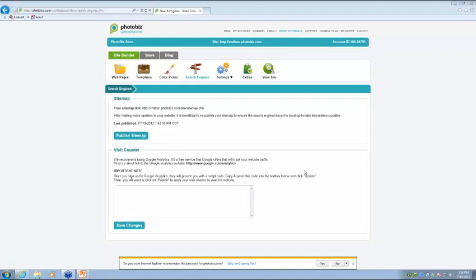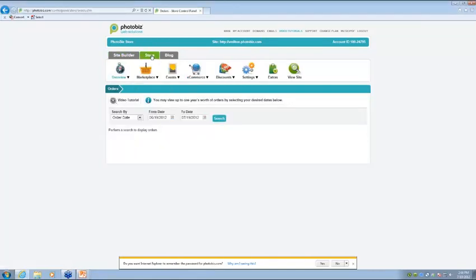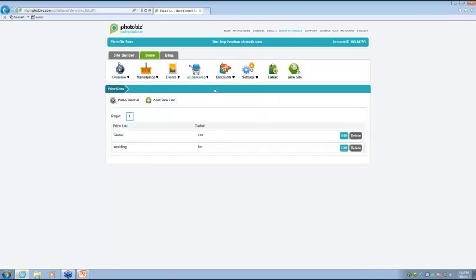The way to do that is to go under your store control panel, and you're first going to start under the e-commerce section and price lists. Once you're under the price list, you're going to edit whichever price list you use for the event. So say I'm using the global price list for one event. I'm going to click edit right there,